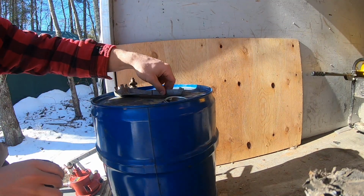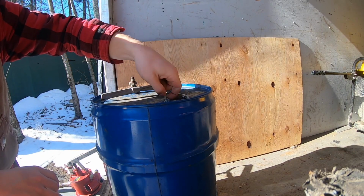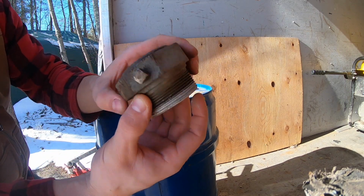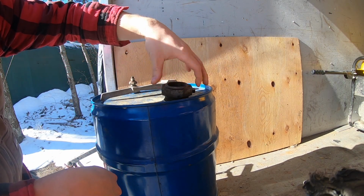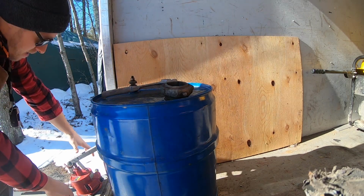This is pretty neat. So we got our bung cap. We use our bung wrench. Take our bung cap out and drop it in the dirt and sand. But then the pump comes with this collar here, this threaded collar. It's the same threads as the barrel, obviously. So all we got to do is slide this in. I don't have to crank it down too much. And then our pump here, if you look,